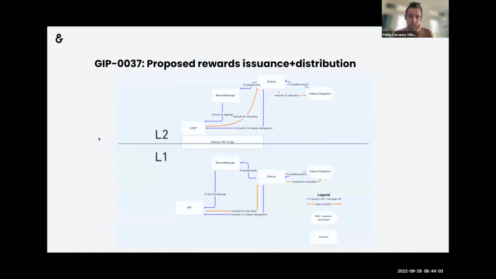So the way rewards would be issued and distributed is simply replicating whatever we have now in L1, that is, you close an allocation and the rewards manager mints some new tokens. We have the same thing in L2 right now. The only difference is